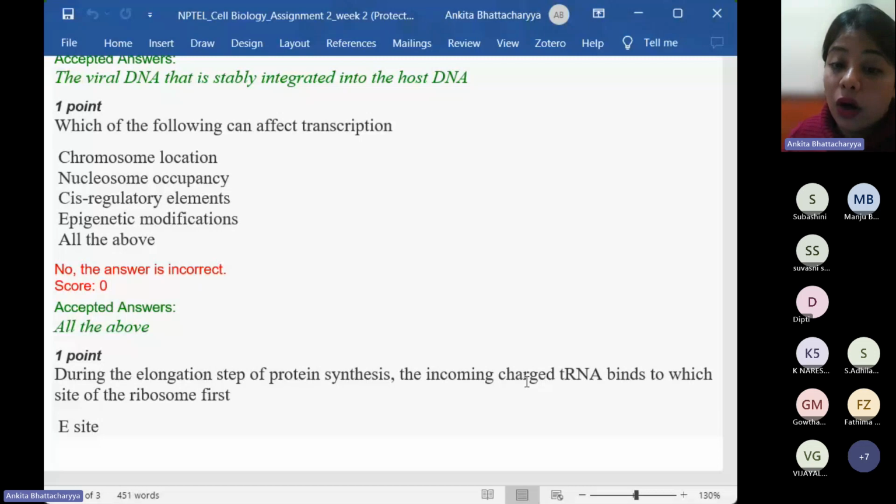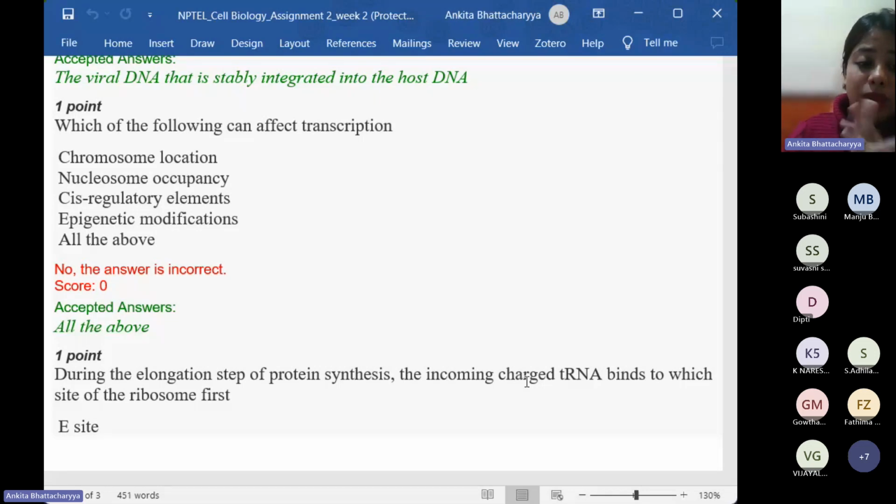Second is nucleosomal occupancy. What does that mean? It is a similar context. It means that a portion of the genome is currently part of a nucleosome. Like I explained in the last class, a nucleosome is much like a mouse with its wire attached to it. So if the DNA in a certain region or a certain gene is wrapped around the protein complex of histones and is forming a nucleosome